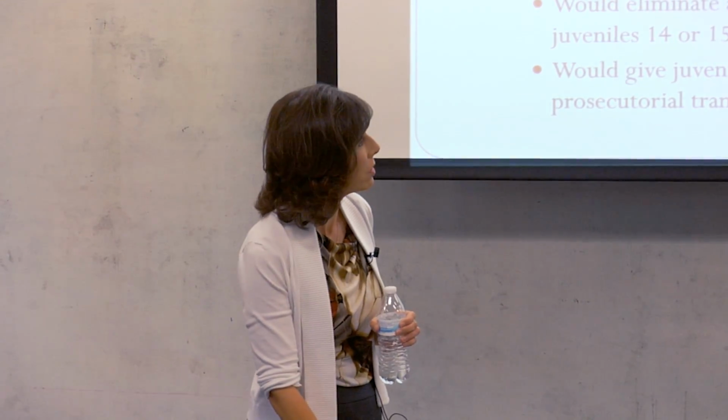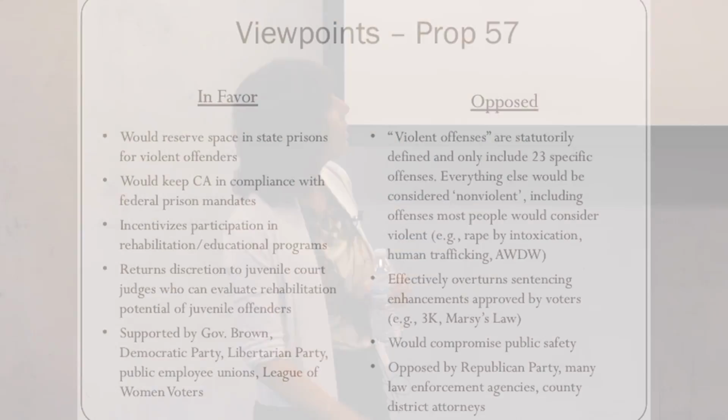If you have other enhancements, you can come up for parole consideration after 85% of your sentence is completed, but not before. So if you had a 5-year sentence and then a 5-year prison prior, your total sentence is 10 years, you have to do 85% of your 10-year sentence before you could come before the parole board. This says after that initial 5-year sentence is done, then you can come up before the parole board. The parole board could say, nope, you're not ready yet, or they could say yes, and you're free to go. So it essentially could negate those sentencing enhancements that voters already approved in the past.